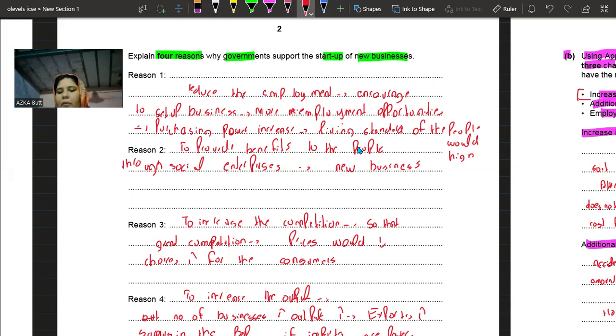And also the government wants to increase the overall output of the country. Because if the output is increasing, it means that the overall GDP would increase. So I just want to keep this question very short, because this question is very simple. We will be discussing more points in other questions. Let's suppose the question B,